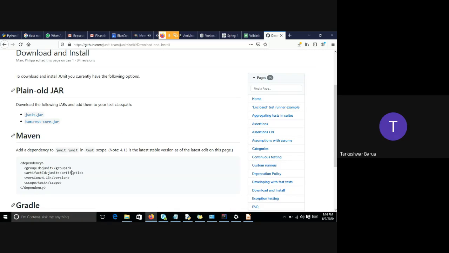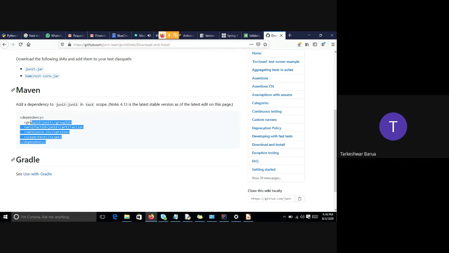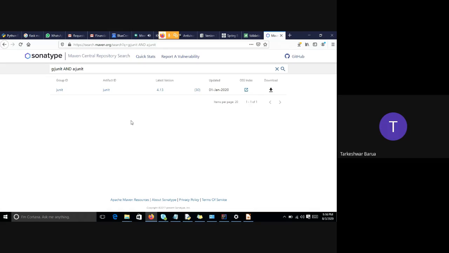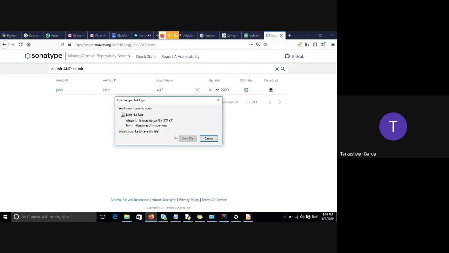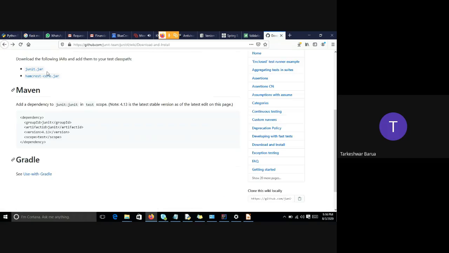If you are using Maven, then you can write this dependency. Otherwise I can download the jar file. I will show you the example both ways. In the previous class also I displayed the same thing, but today is a fast recap of the previous class.